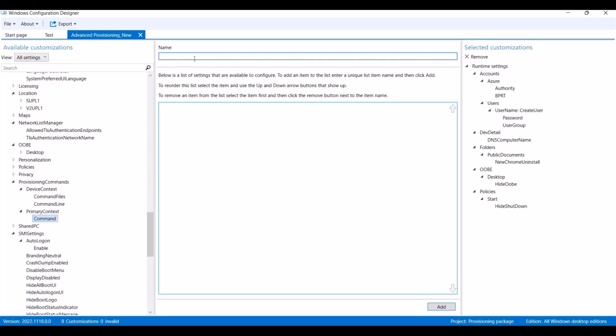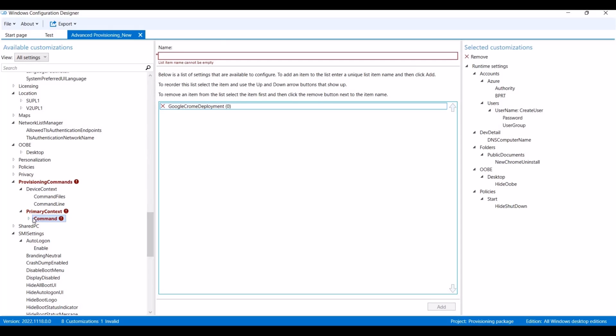Now, obviously you might argue that Google Chrome can always be deployed to the devices from Intune once they have been enrolled. Well, we are just trying to offload that activity so that the internet consumption is less or stuff like that when the device is shipped to the end user. So let me just call this Google Chrome deployment and then just click on add. Over here you see that under primary context command it has got added. However, it has a red mark, and that is because I said that I want to make a Google Chrome deployment, and I did not even spell Chrome correctly, but I have not provided any installer file or any